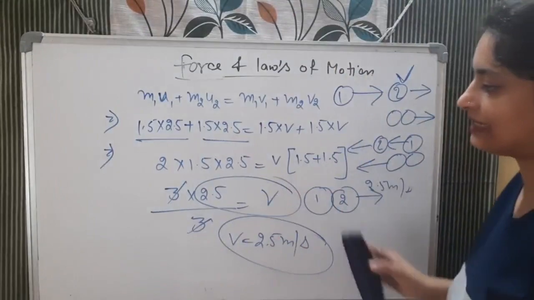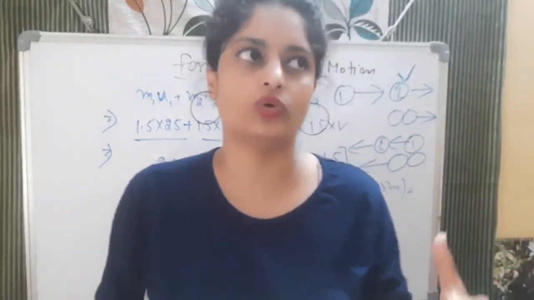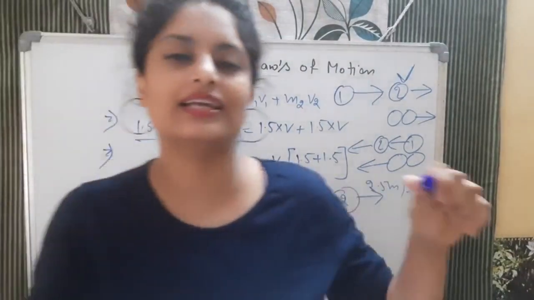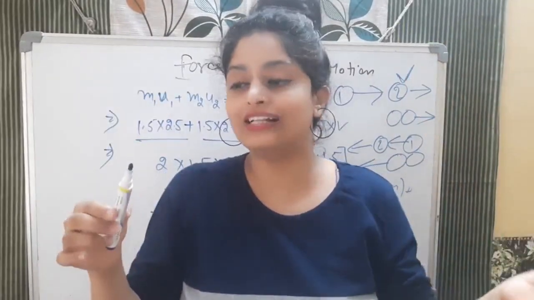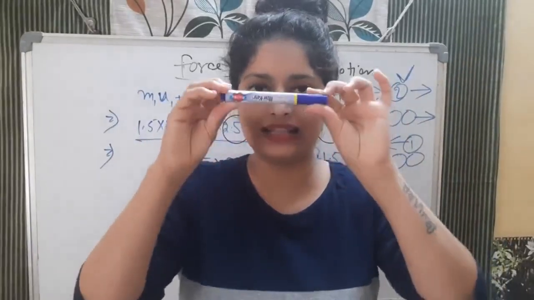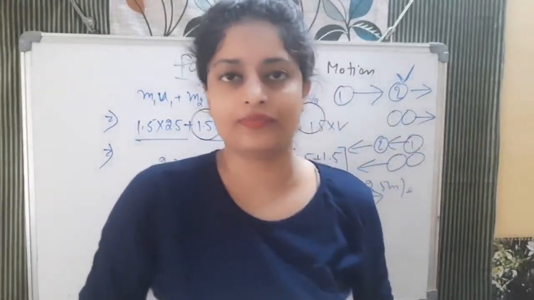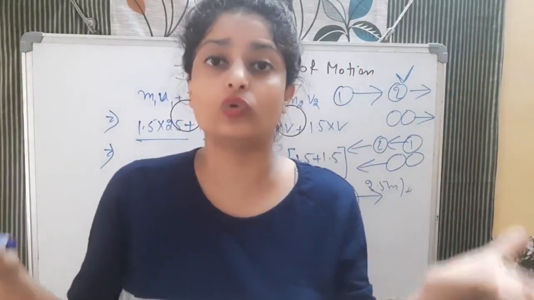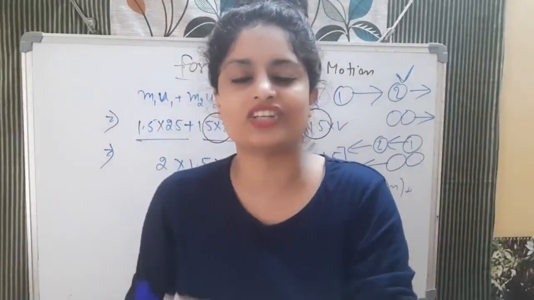And when we put this in the same question, what will happen? If you look at this question logically, it will also turn out true. We can prove it. Here we calculated that the final velocity is 2.5. How is that possible? See, this marker and this cap of the marker are both coming with the same velocity, they strike together and attach together. So how could we say that now they are moving with 2.5 in this direction only? Because the impact of both will be the same: both masses were the same, both velocities were the same, so both momenta were the same. So how could we say that after attaching they will go in this direction or this direction? They come to rest.